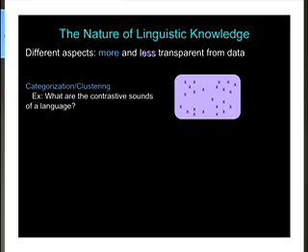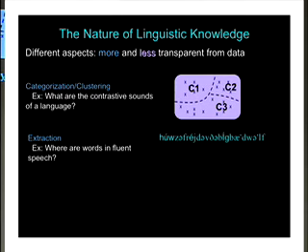And so what you're basically doing is a categorization or clustering sort of analysis over the data to figure out, where do I draw my boundaries? What are the abstract categories I want to transmit to young speakers within the population? And you can do this all kinds of ways. But the idea is that this is a little more transparent from the data. You're clustering the available data into groups. It's not an easy task, but it's a little more transparent than some of the ones I'm going to talk about later.